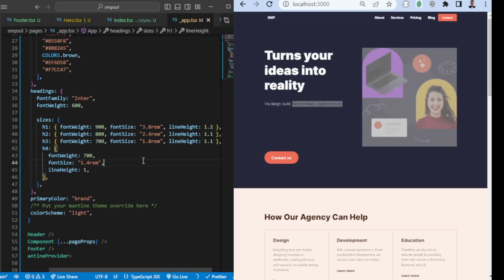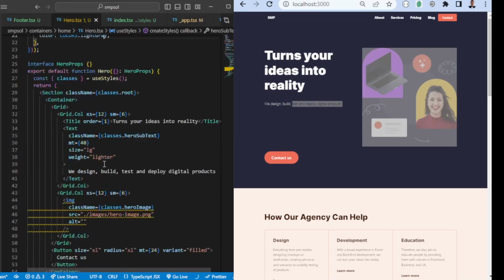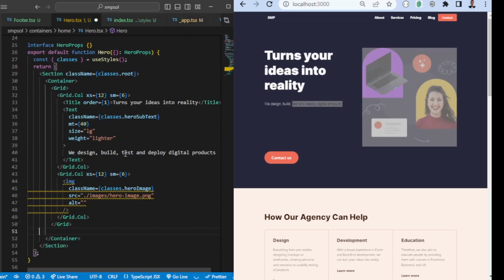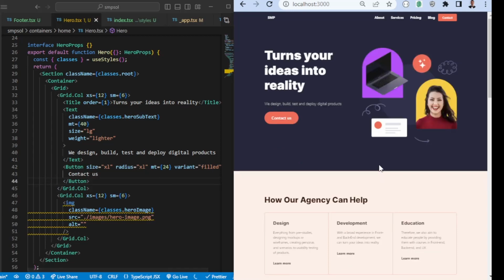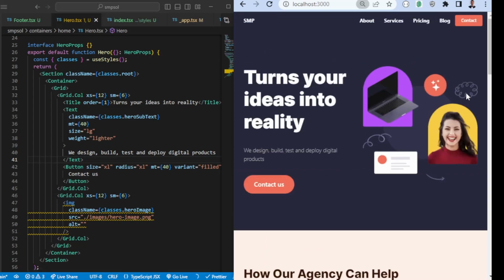I don't know why the contact us is this far down. Maybe it's because, yeah, we forgot to add it into the text section. So if we add it, it will appear in this way, and now we can see that, all right, it's starting to look good, but not good enough. So here we want to have on the margin top, instead of 20, we want to have 40. So this also indicates that if this image is larger than this